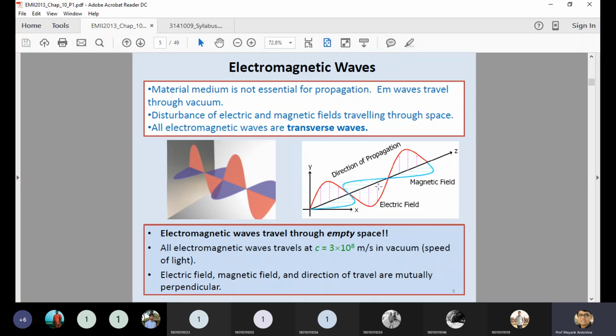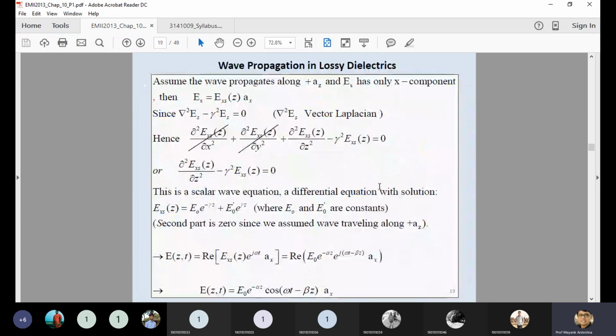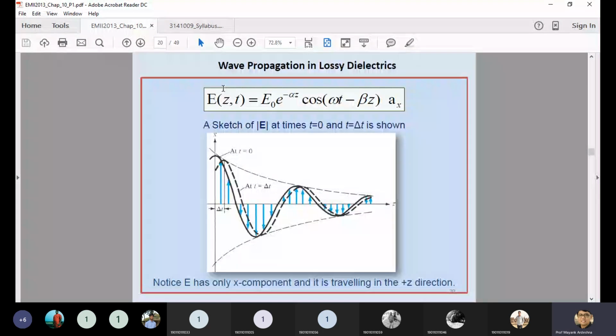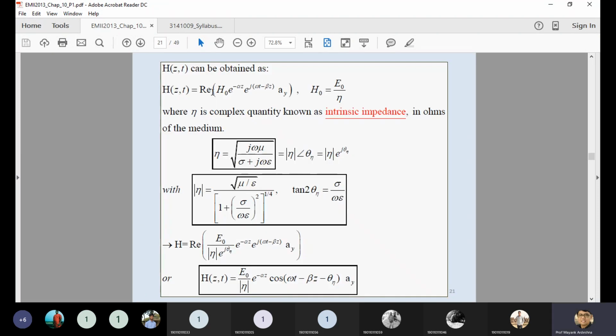Both are sine waves. So if you derive the equation of the magnetic field, you will get a similar one. Instead of E, you can consider H(z,t) equal to H0 e raised to minus alpha z, because they are also moving in the z direction, cos of omega t minus beta z. But this term is changed. Instead of ax, now it is ay. So you can identify these signals, H0 e raised to minus alpha z. They are the real part, so that's why it is mentioned with Re, but it's cos of omega t minus beta z. But instead of ax, now it is ay.